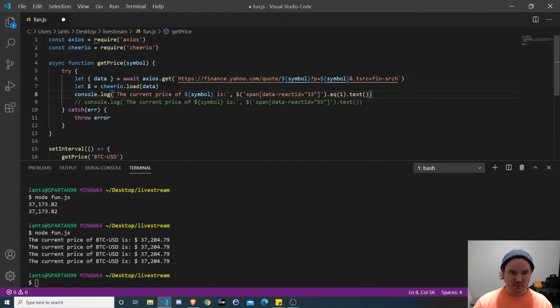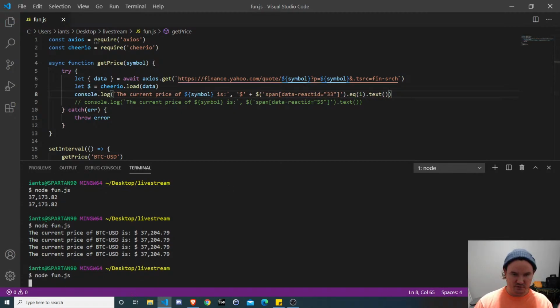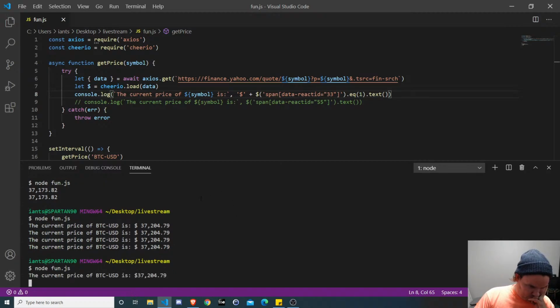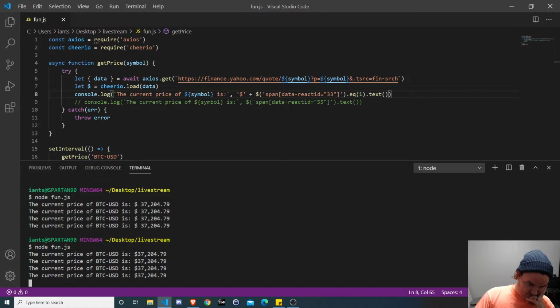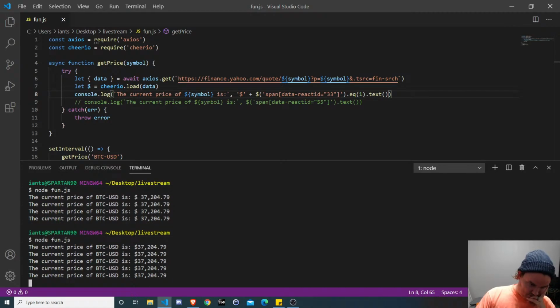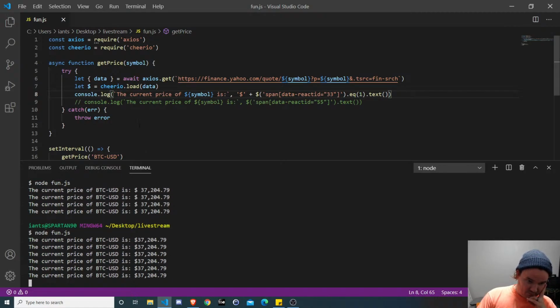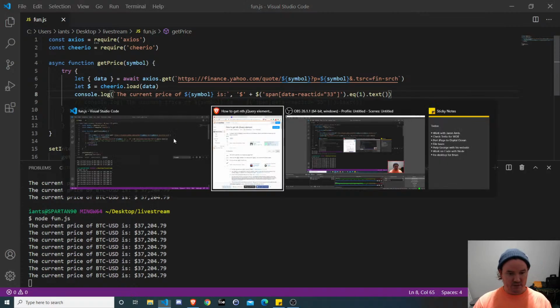Let's do a $ sign and then a plus right there. We could use a template literal too, it doesn't matter. There we go. The current price of Bitcoin is 37,204.79.